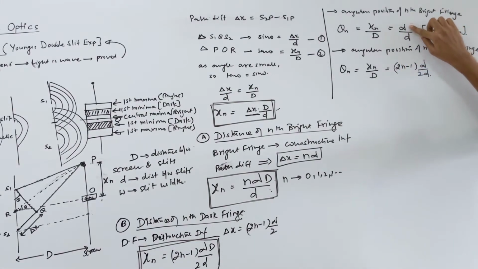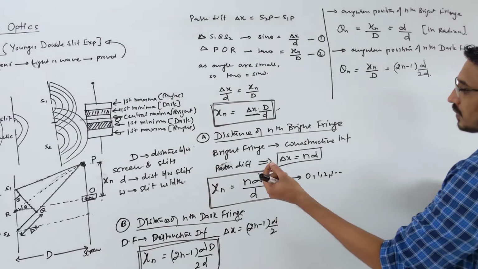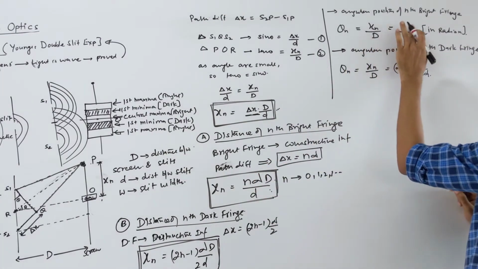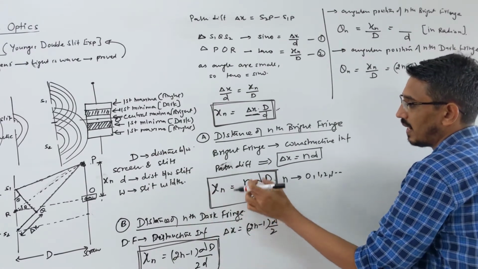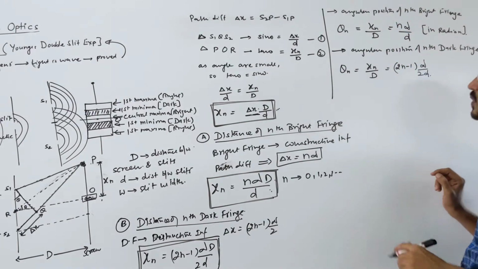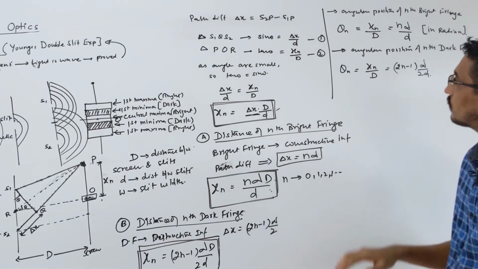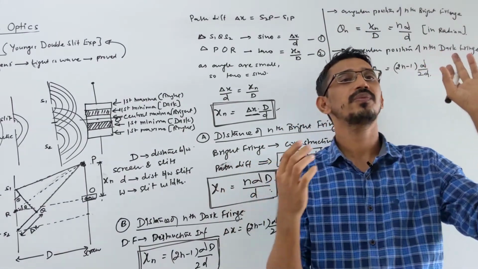D went down here, so lambda by d. Look here, this is the formula where it went here. I wrote one mistake here, please correct it. Look at this formula, linear. I brought d down here, so n lambda by d, this is remaining. Okay, this much remaining. So the mistake I made here is now corrected. This is not so important here, only linear is important,